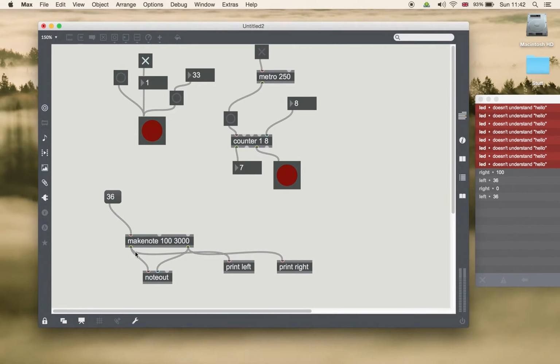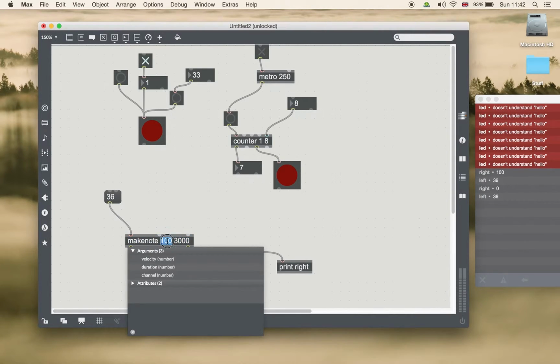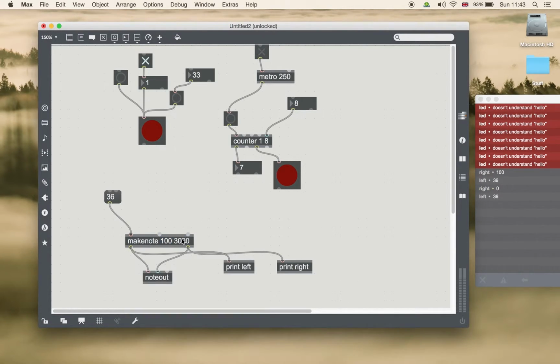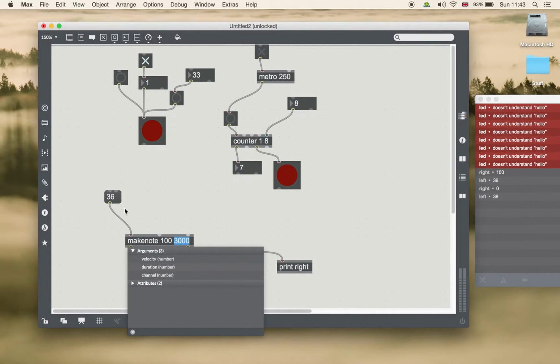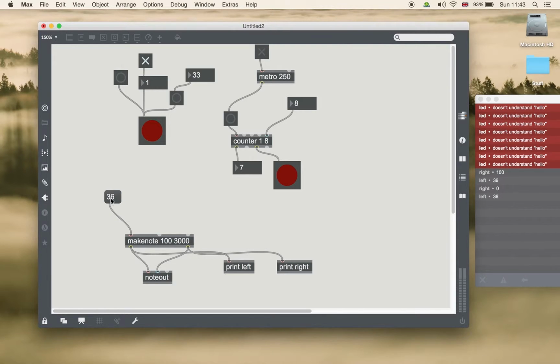So, how did that happen? Well, I sent in the number 36, and that's the same note number that has appeared over here. It hasn't been told which velocity to use. So in actual fact, this becomes the default velocity. And since there's nothing connected to this inlet to change velocity, it will stay the velocity of the notes that come out. This 3000 says, if you receive a number here, make a note on, which has got the velocity, positive, and the note number, and 3 seconds later, or 3000 milliseconds later, send the note off. So very conveniently, a single number